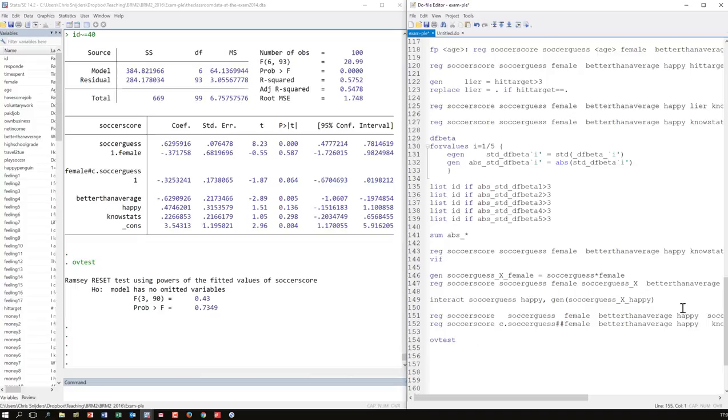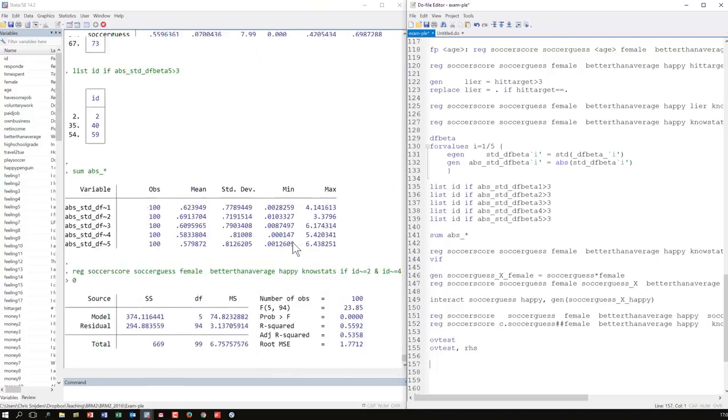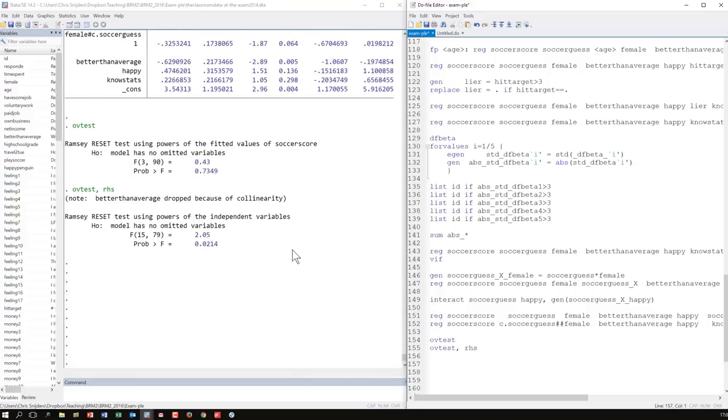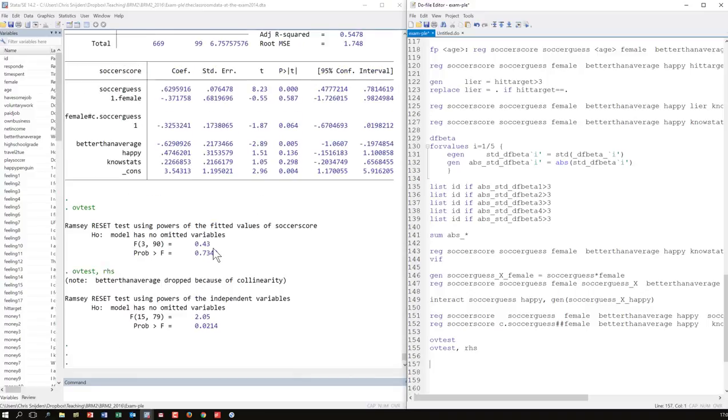And just to make sure that this is indeed working well, this is the second way of trying that command, where RHS stands for right-hand side. And now you see this one is statistically significant, exactly what I didn't want to see. So this one was fine. This did what you were hinting at.